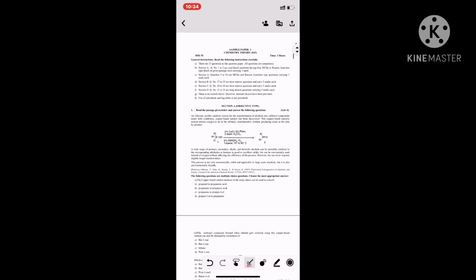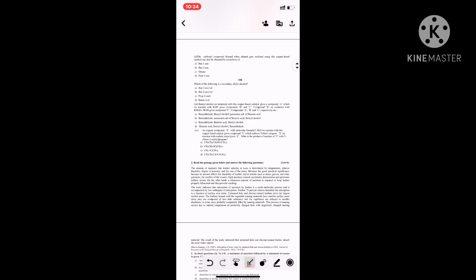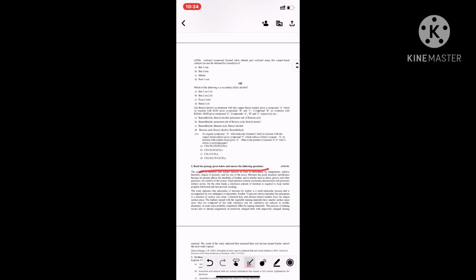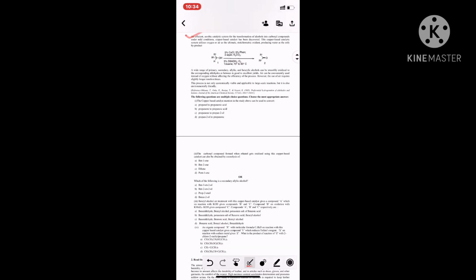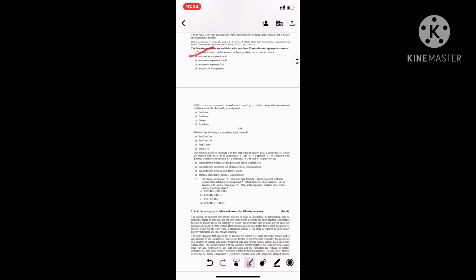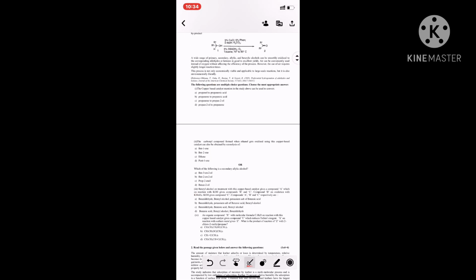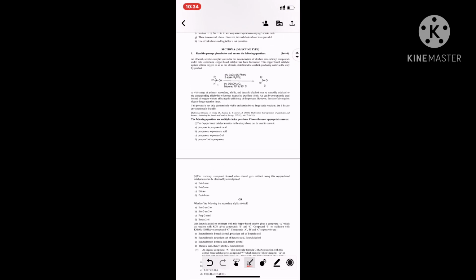Now the change which has been put in this year's paper is that case based questions, case study based questions, have been put. So question number 1 and question number 2 are case based questions. Now a case based question is one where a paragraph is given and 4 questions are asked. So in the very first paragraph, the paragraph is given and 4 questions have been asked, and all the 4 questions are MCQ type with 1 internal choice. So in all you have to attempt 4 questions with 1 internal choice.